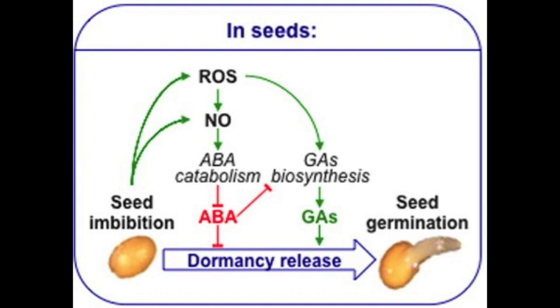The regulation of dormancy is important for plants to control, obviously, where the next generation start their life. Things like temperature and day length are particularly important cues in controlling dormancy, so that germination is timed to the right season. There's lots of information on how that's regulated, and we know that the hormones ABA and GA, abscisic acid and gibberellic acid, are the key antagonists. ABA promotes dormancy and inhibits germination, and gibberellic acid promotes germination. There are also various other hormones that interact with those processes and modulate things.